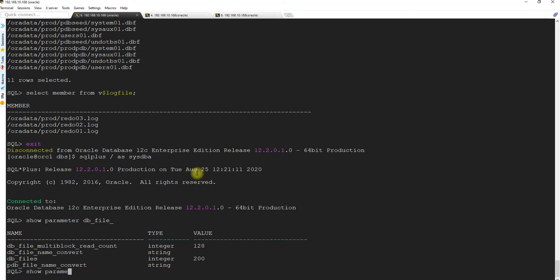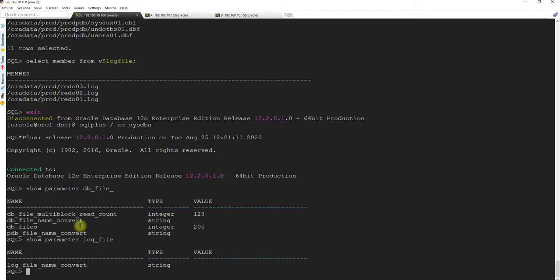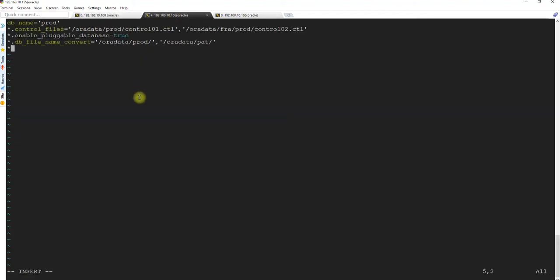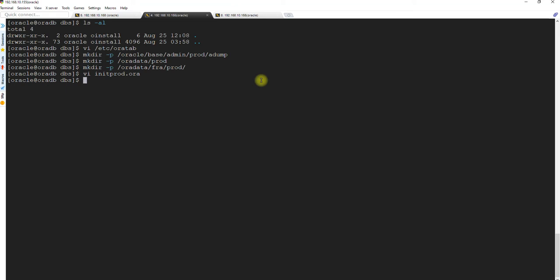Show parameter log file. So star dot. Okay, it will be same. So I'll copy paste. I hope you guys understood. I think everything looks fine. Looks perfect.